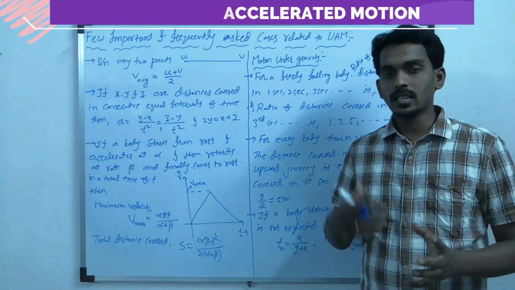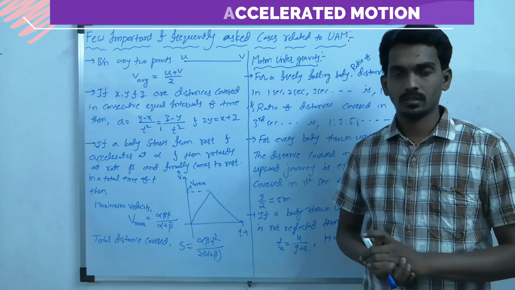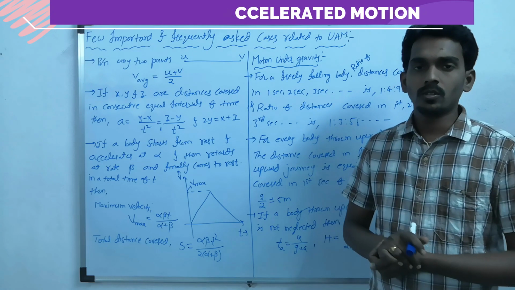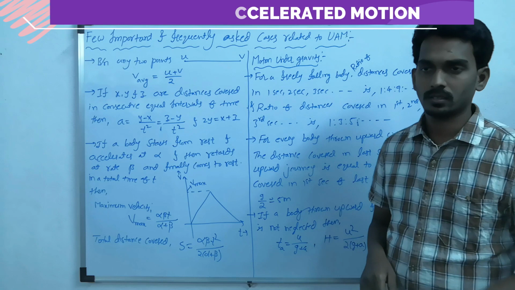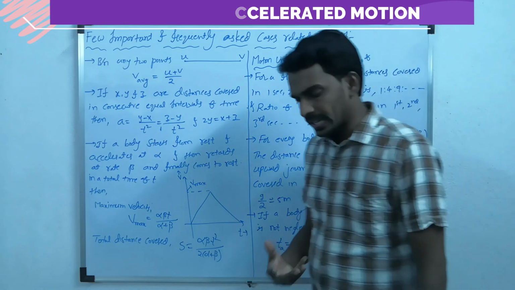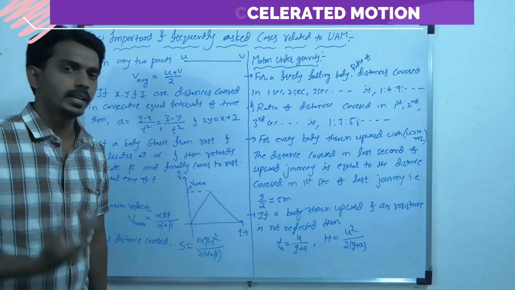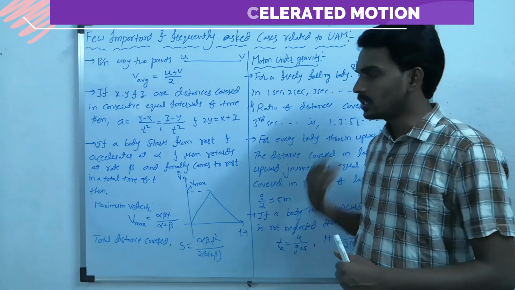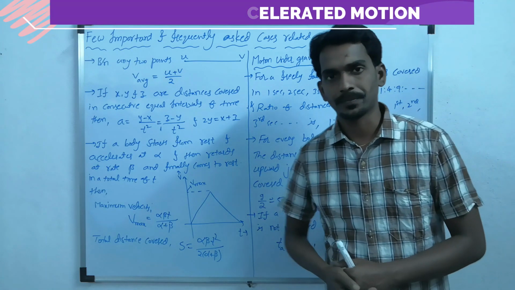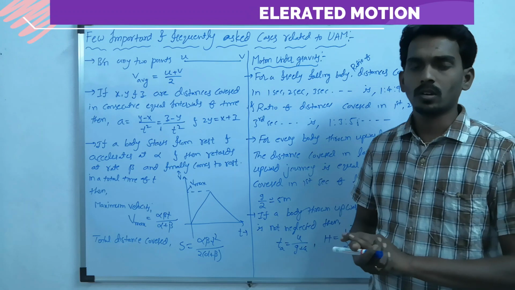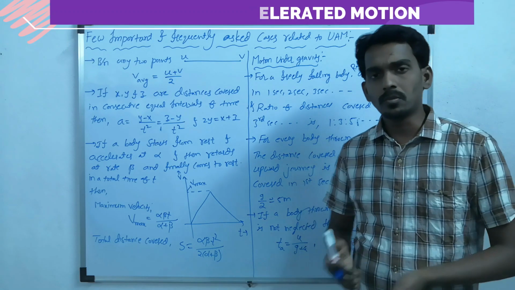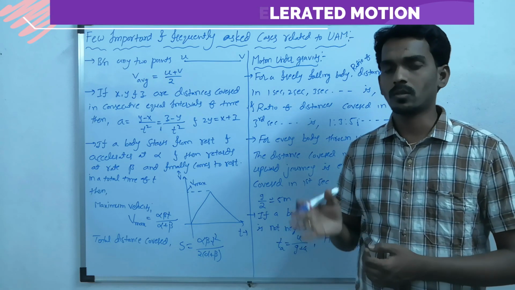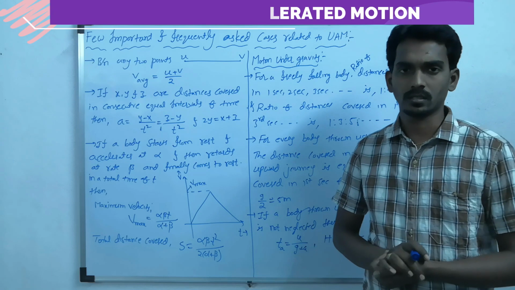So we are discussing our second topic of target NEET, which is uniformly accelerated motion, where for a few more cases, if you remember, you may get direct questions based on those things, or you may get help from these things in solving other questions. So let us have a look at it. What are those cases which are important, or which most of the time we got questions based on in previous years?